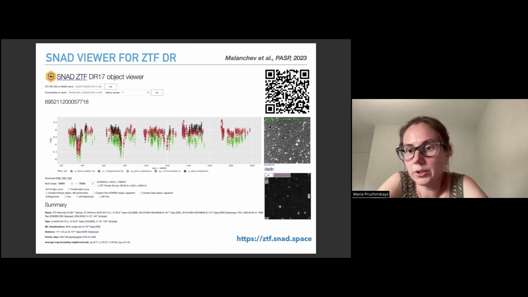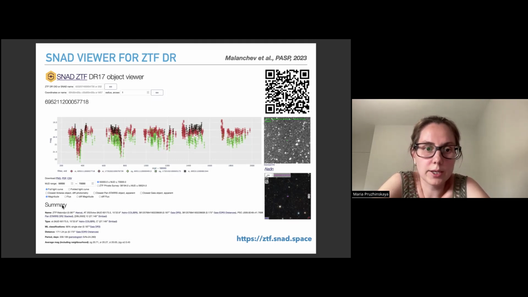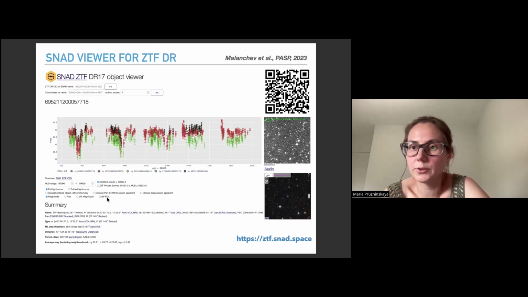Also for each point, you have a FITS image, and you have an Aladin map. You can add the closest PanSTARRS object photometry, Gaia object if it exists. You can look at the light curves in flux or in different magnitudes,